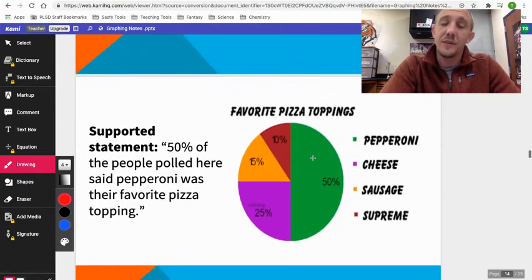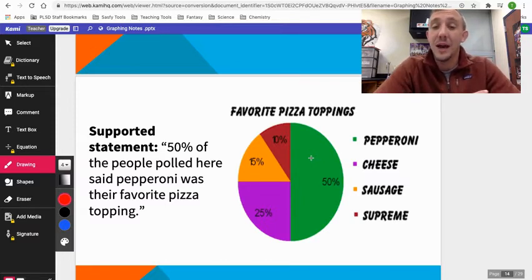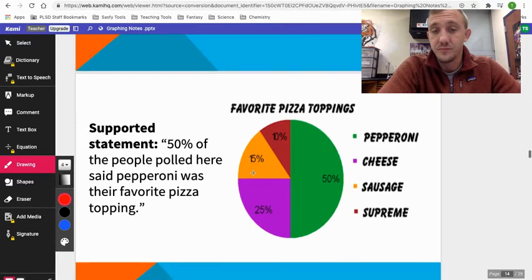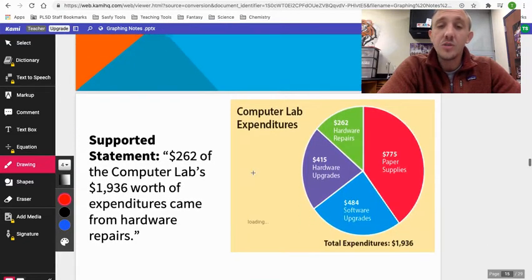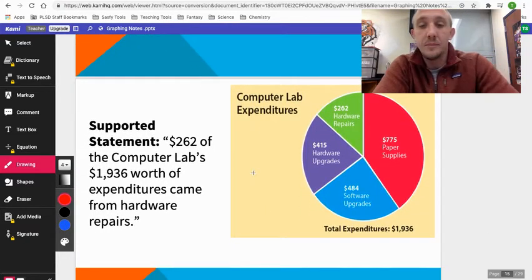Okay, so for example, if I took a survey on your favorite pizza toppings, depending on how many pizza toppings I gave you, this pie would get broken up into, and in this case, we chose 4. All right. Also, we could talk about